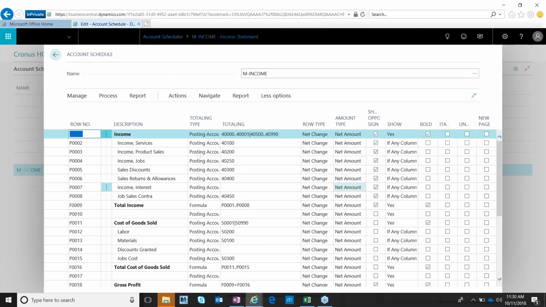So here you can see, here's the design. Similar to maybe other reporting tools that you're using for your financials. You can see your different accounts. You can do your totaling in this other column. So these are kind of similar to your rows. And then if we go ahead and click on Navigate and Overview,